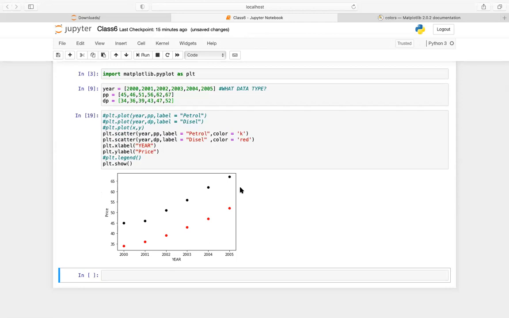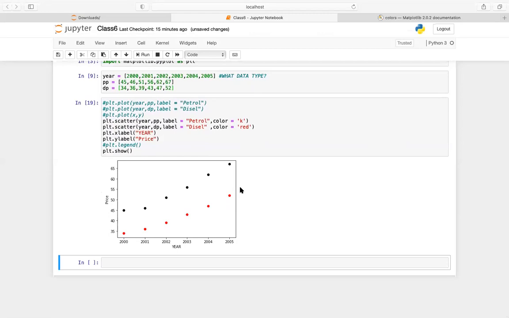Let's say a third party is viewing the data and doesn't have any information about it. If you do not label your data, it is not possible to understand what each particular point stands for. That's why you need to have a label or a legend in your plots.